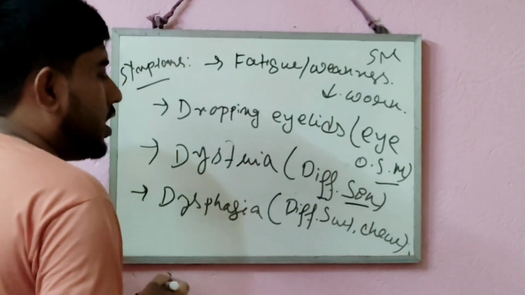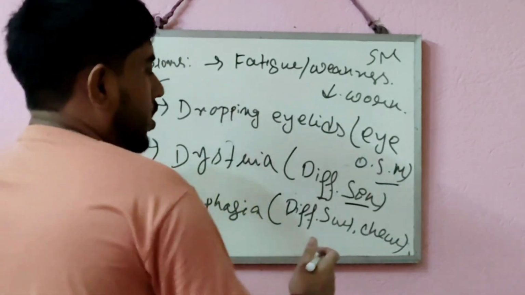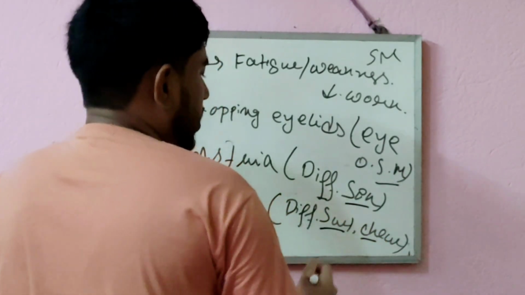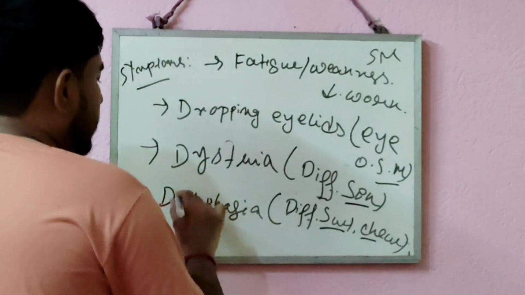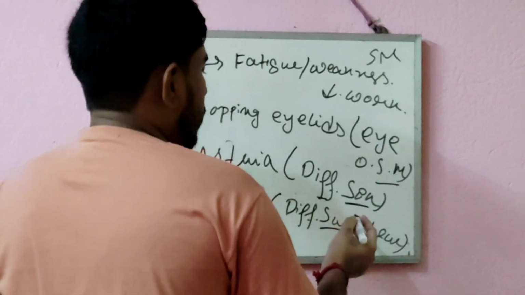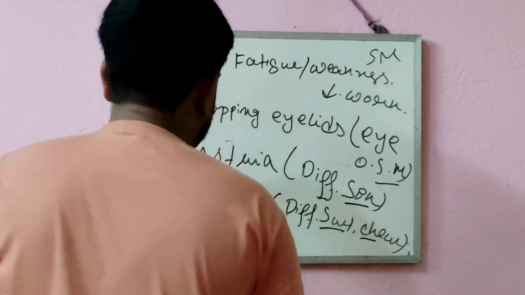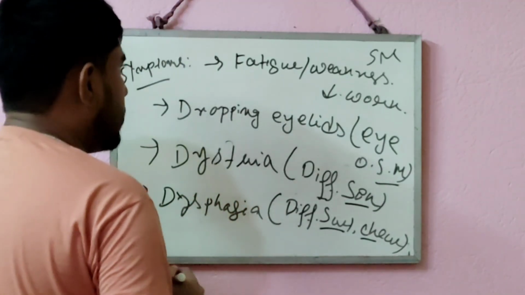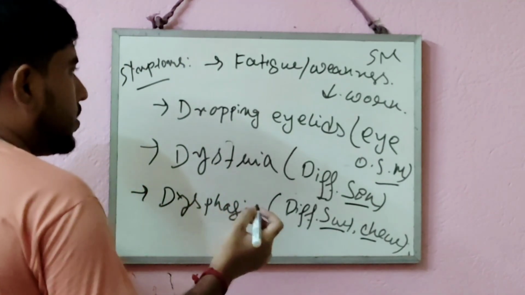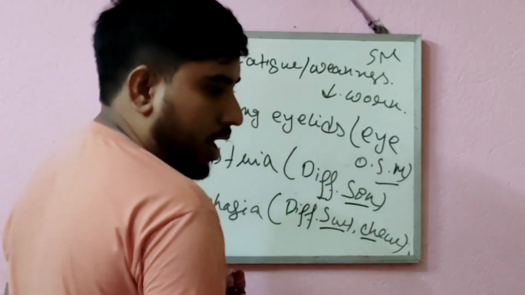Due to the fatigue of that muscle, it sometimes causes difficulty in swallowing and chewing. That is called dysphagia in medical terms, and difficulty in speaking leads to dysarthria. So dysarthria and dysphagia symptoms can indicate that a specific person is suffering from myasthenia gravis,